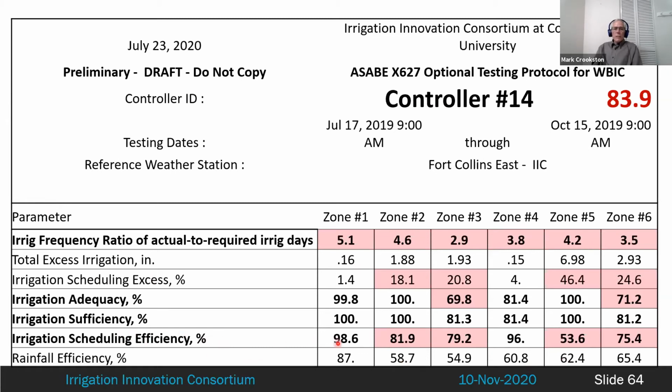You can see the irrigation efficiency was essentially nice and high except for one zone. Irrigation ratio: this is controller number 14 that was so high on its frequency. Notice that we're not seeing 2s or lower. We're seeing 5.1, 4.2, 3.5. Irrigation scheduling excess: essentially nothing on 2 zones and some on others, but adequacy and efficiency, 3 of those zones are essentially perfect. And then overall irrigation adequacy and irrigation efficiency, 83.9,